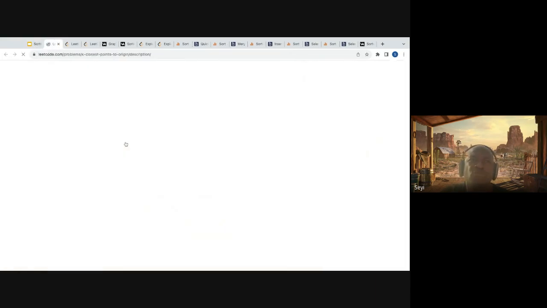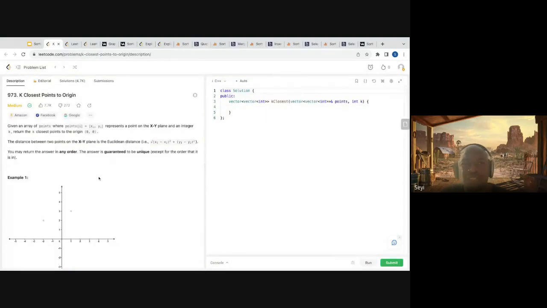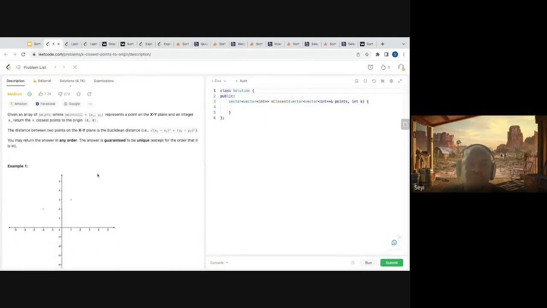So k closest points to origin is a variation of the same problem. They are saying, given an array of points on a plane, where the distance between 2 points is this, return the k closest points to the origin. So you can reduce this problem: I have to have a notion of distance.